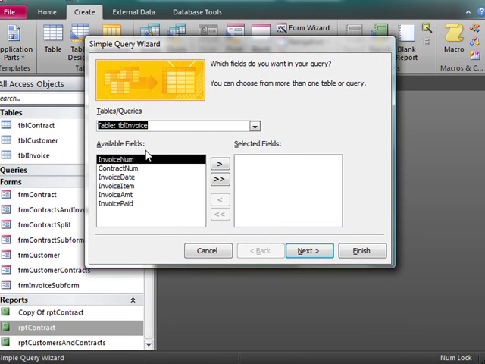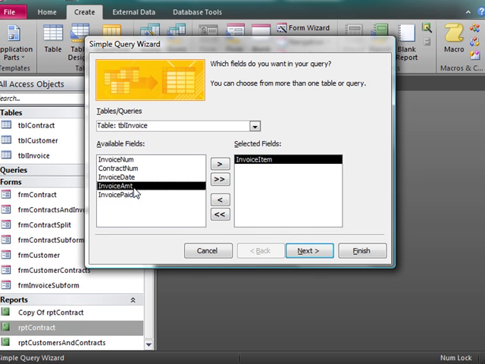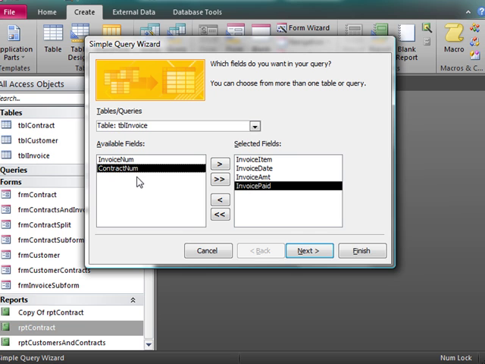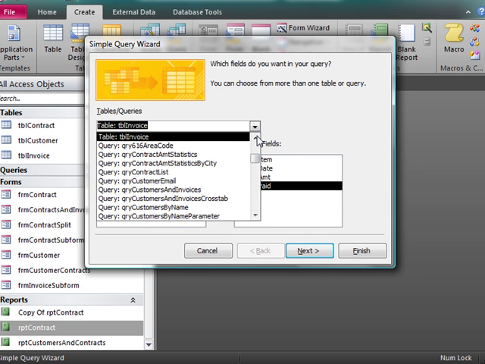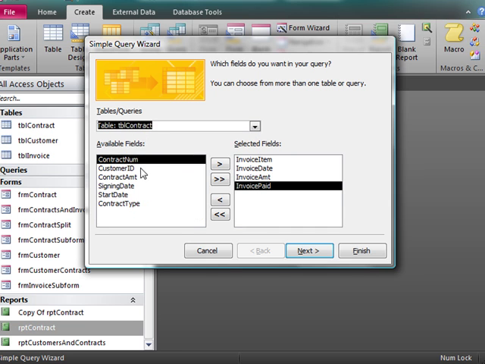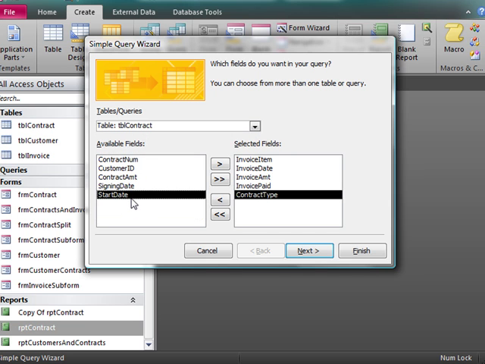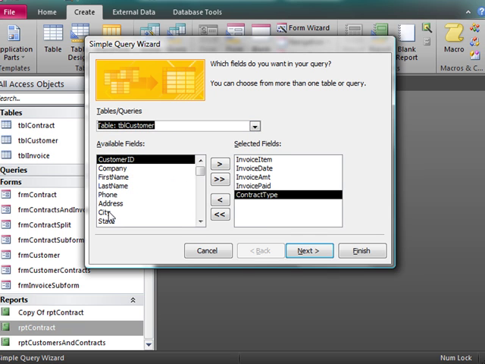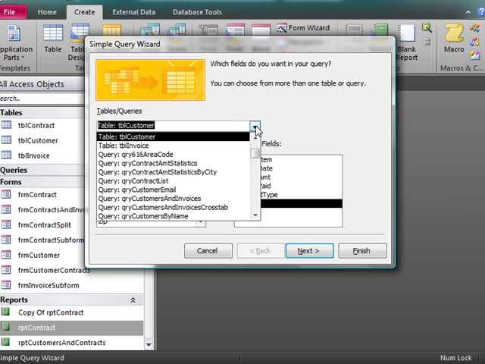first the invoice table, and we're going to take in invoice item, invoice date, and we're taking them in this order because that's the order they'll appear in the query then. Invoice amount, invoice paid, and from the contract table I want the contract type, and from the customer table I want city, and from the